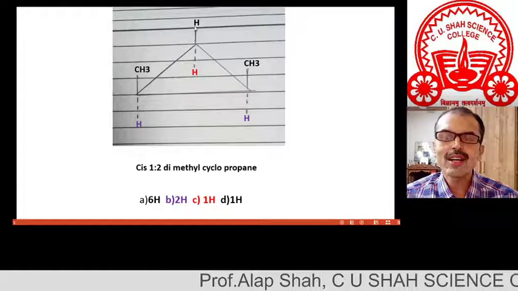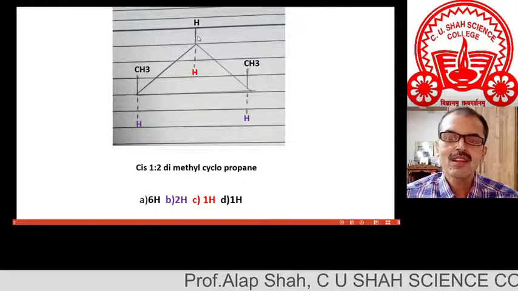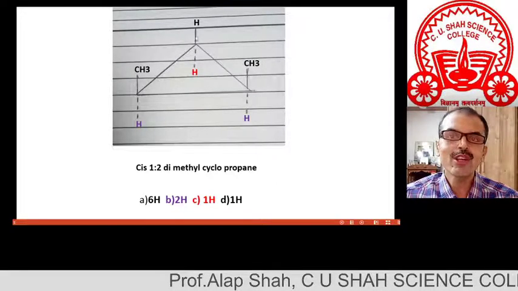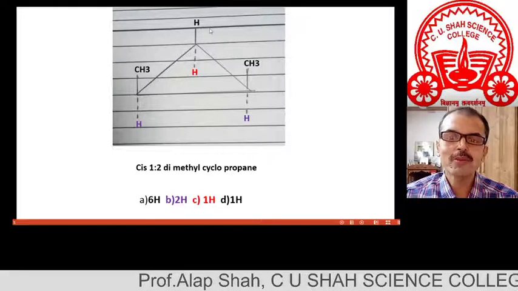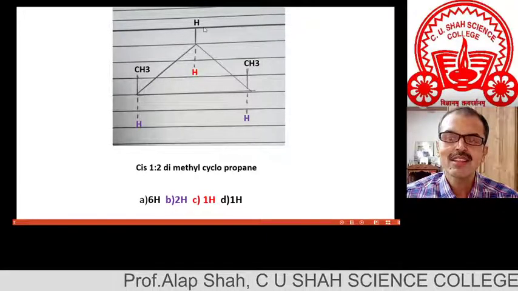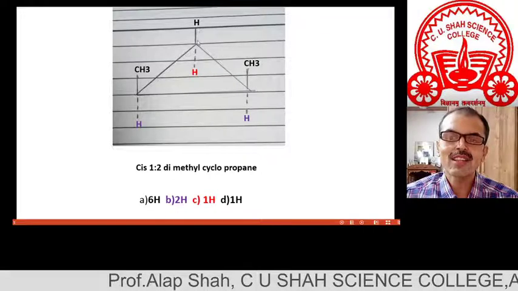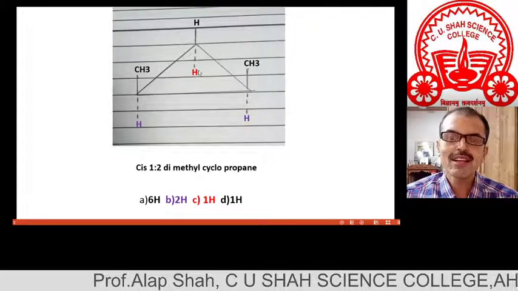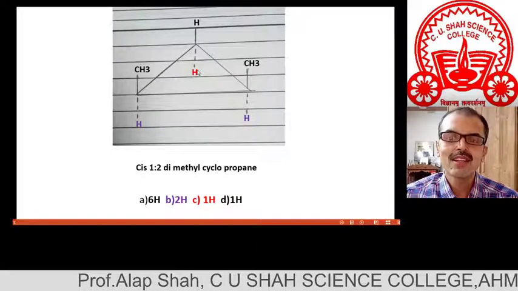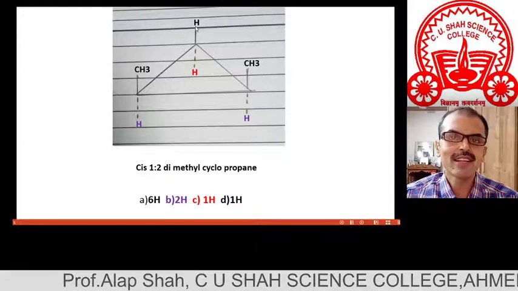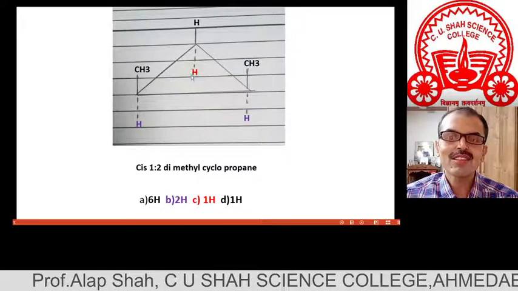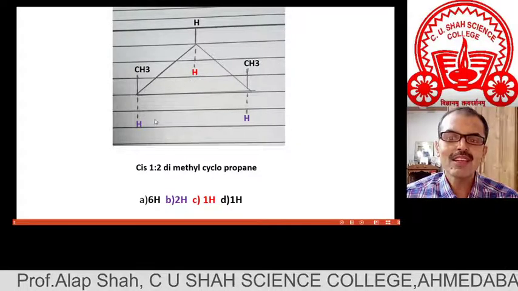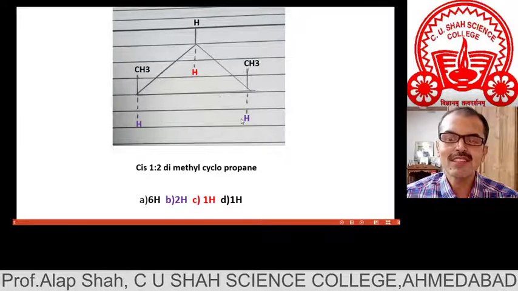Now let us check these two. Now this is really tricky, and you have to observe carefully. This black one has two methyl groups in its vicinity, and it is also attached to the carbon hydrogen. Okay, let us compare it with the red one. Hydrogen, carbon, hydrogen, that is the same, but you can see that the red one, which is in the plane below, has two protons in its vicinity.